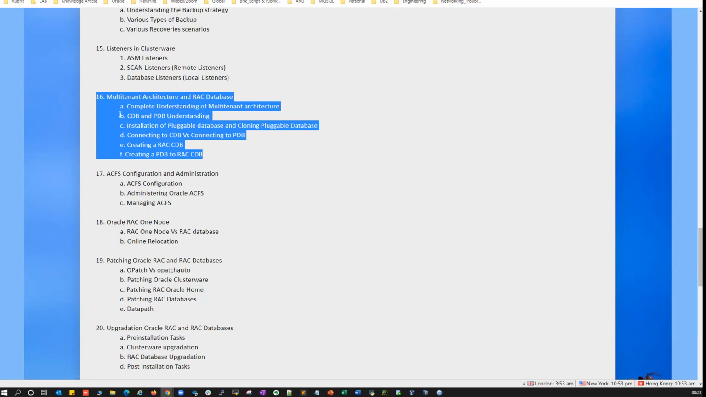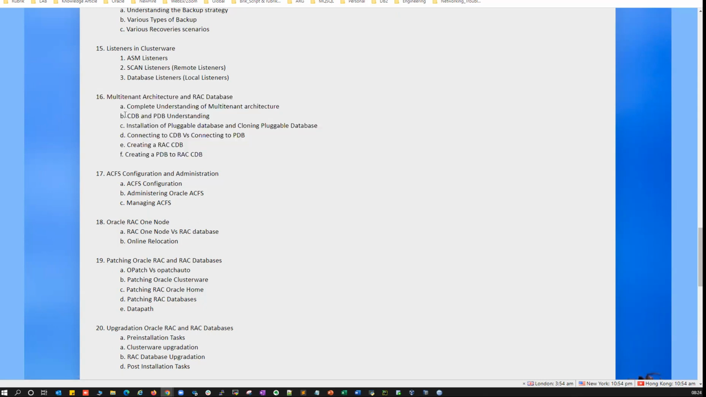So we'll start with understanding the core concept of multi-tenant architecture, how it works with standalone versus RAC. Then we'll see CDBs and PDBs cloning, how we can install the PDBs, how we can clone the PDBs, CDB versus PDB, cloning of CDBs and cloning of PDBs, and how we can connect to CDBs, how we can connect to PDBs, how my listener will handle the